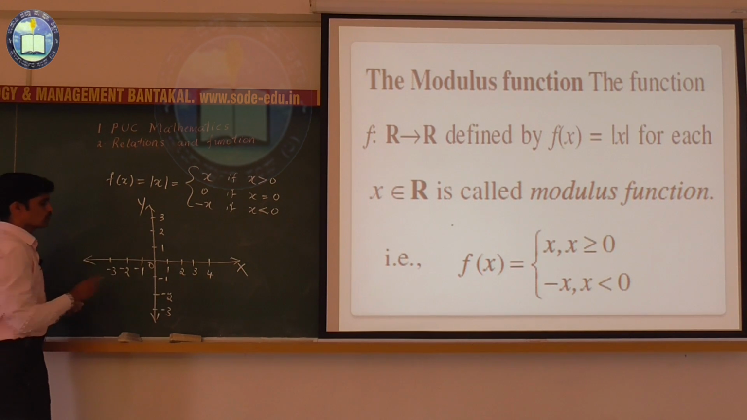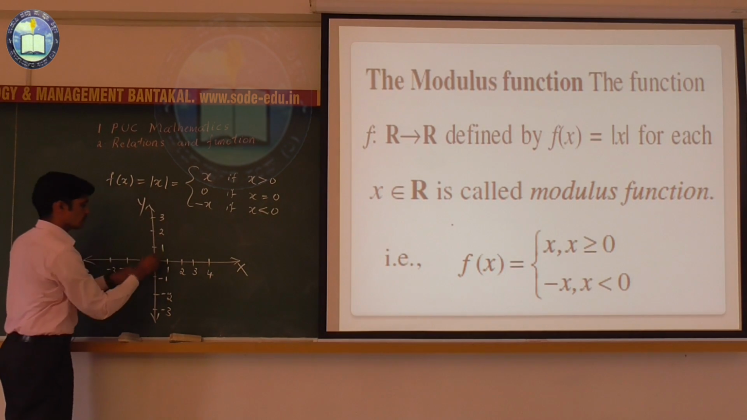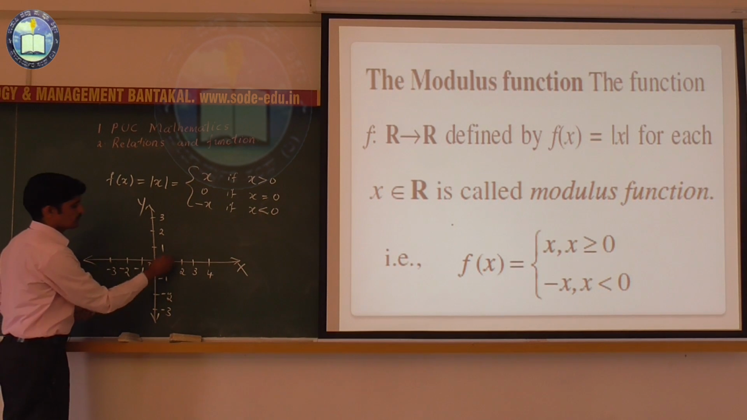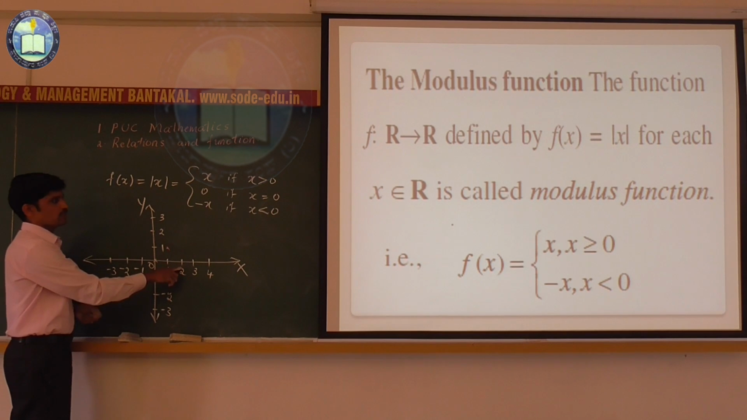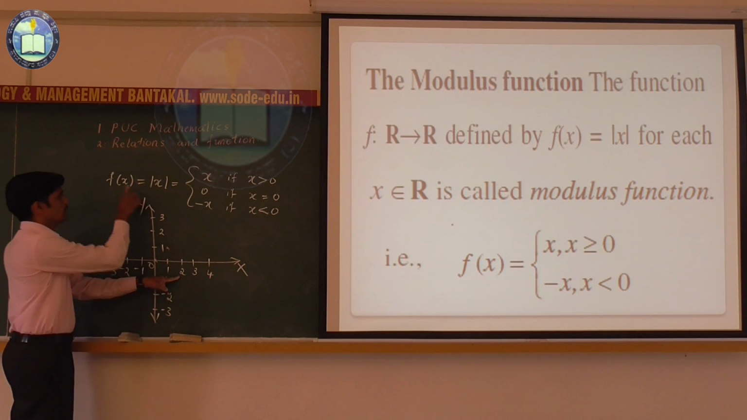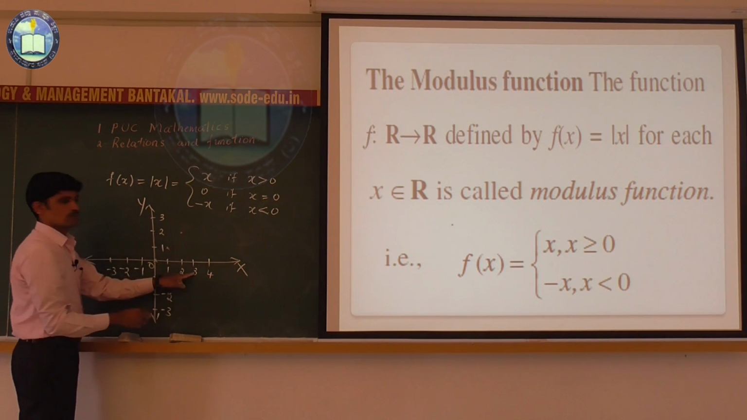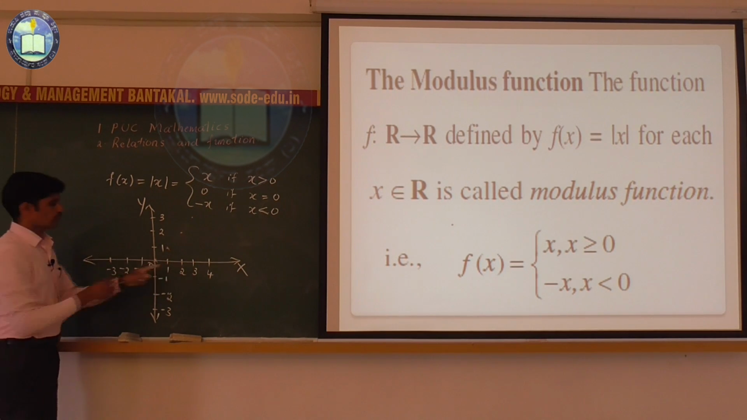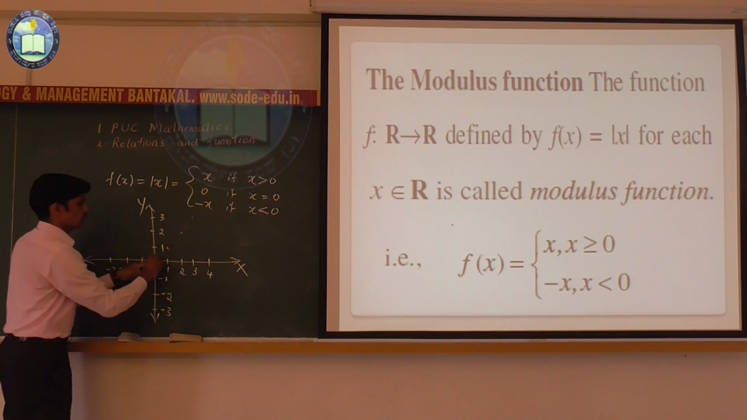When we give x is equal to 0 here, f of 0 is mod 0, which is equal to 0. So this is 1 point. Then when we give x is equal to 1, mod 1 is 1. So this is another point. When we give x equal to 2, that is also a value greater than 0, then modulus of 2 is 2 only. And when we give x is equal to 3, modulus of 3 is 3, and so on. So for x equal to 0 it is 0, and for all x greater than 0, this is the